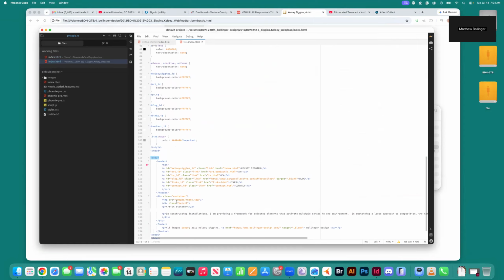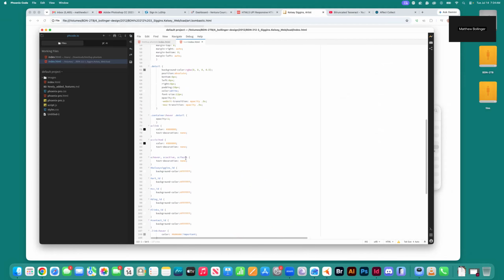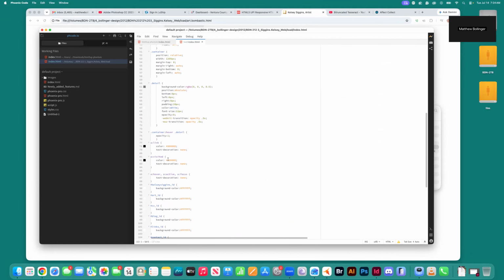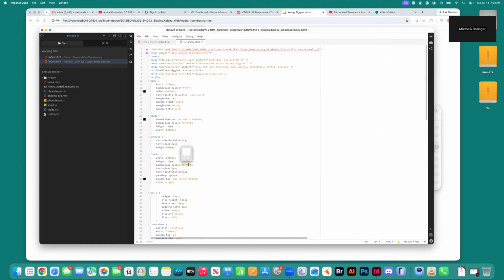Okay, and then the body has this layout, and I'm using IDs and classes for CSS. So you guys have done a lot of this, like changing the background color, and here's where I'm doing the hover with the text coloration. All right, so this is pretty much what we've covered in this class. It's basic, essential HTML and CSS, okay? And that's just the index page. But